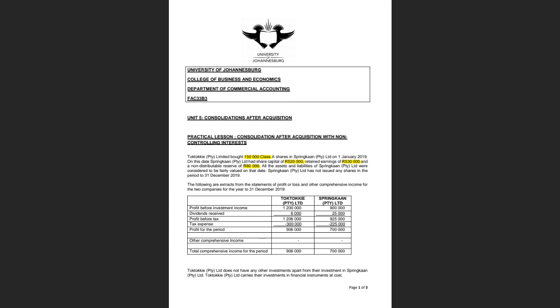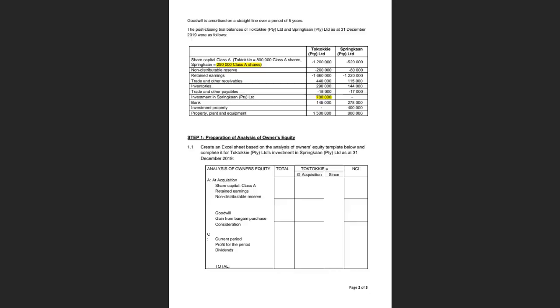Talk Talkie carries their investments in financial instruments at cost. Goodwill is amortized on a straight line basis over a period of 5 years. And then here we can see they've given us the post-closing trial balances of Talk Talkie and SpringCon as at